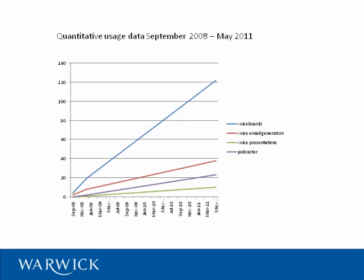We then really were looking at just how, as we continue to move forward, usage of the tools was increasing. And what we were starting to find was that a core of tutors had now embedded the use of voice in their teaching, and the three of us were clearly part of that core. But once they were embedded, we were seeing increasing engagement in usage. And that engagement, as we can see here from the quantitative data, in terms of the numbers of messages generated and the amount of communication happening outside the classroom, listening,